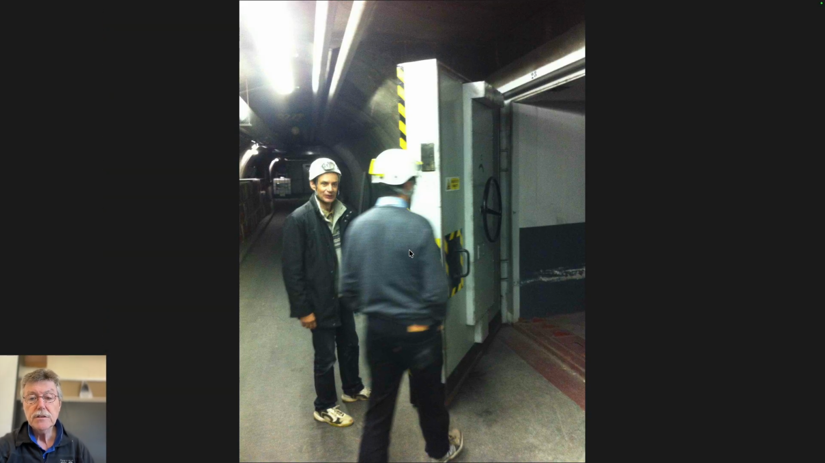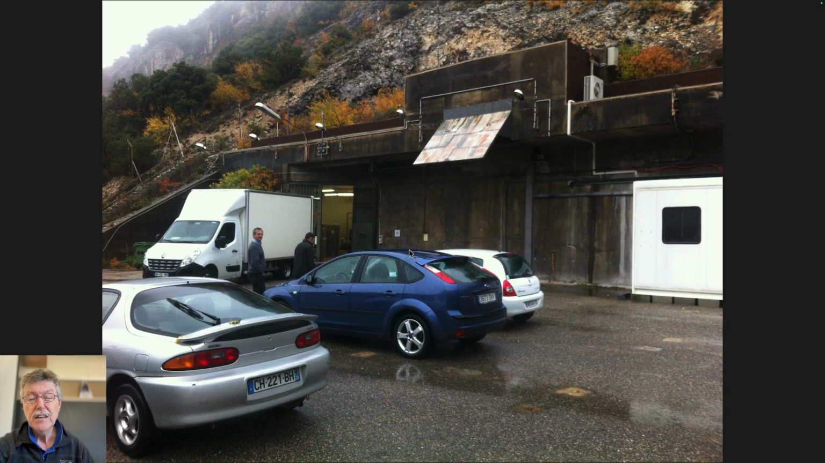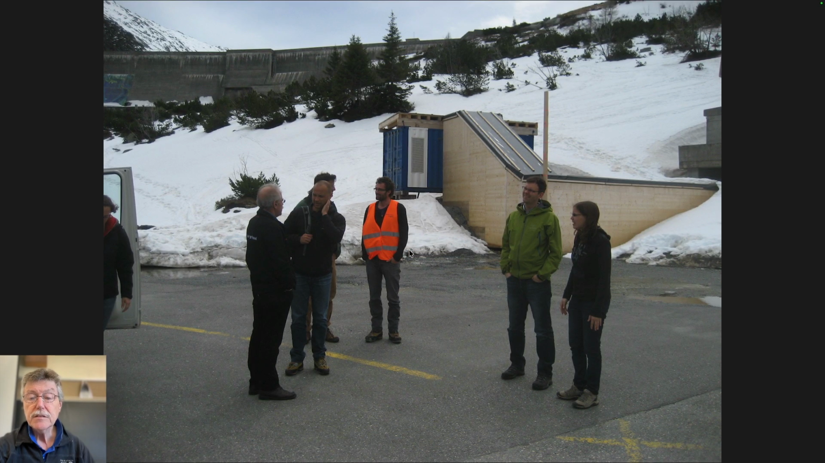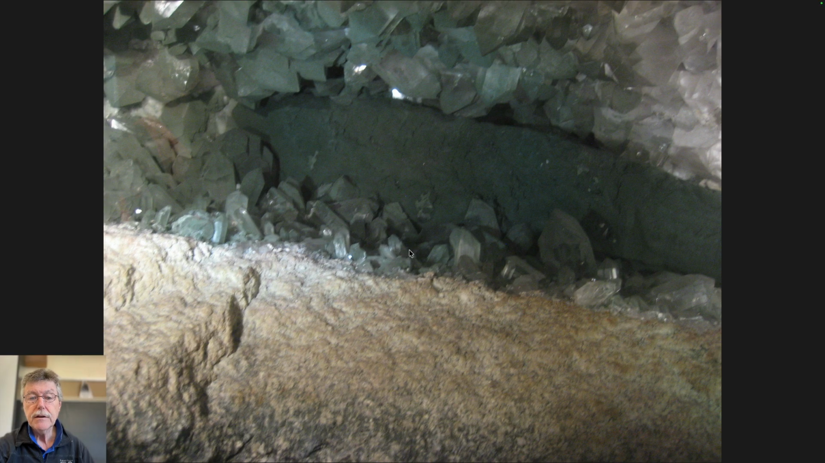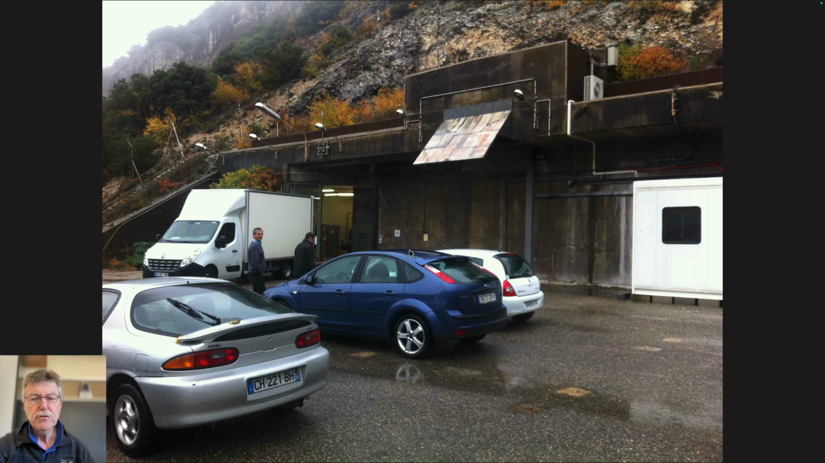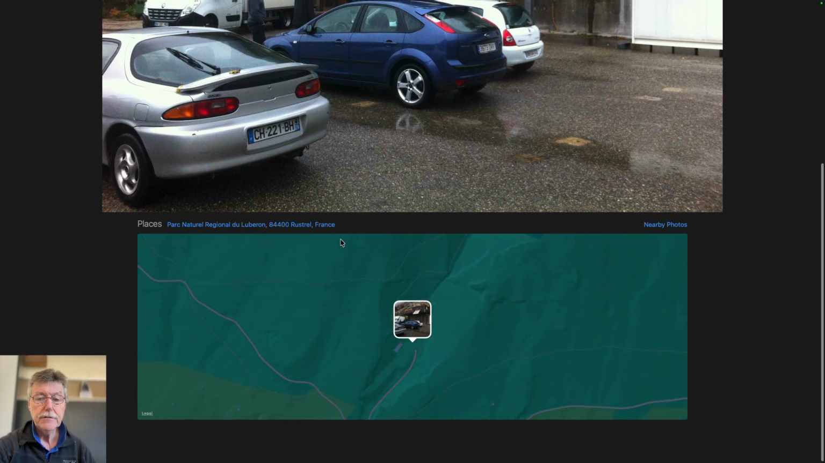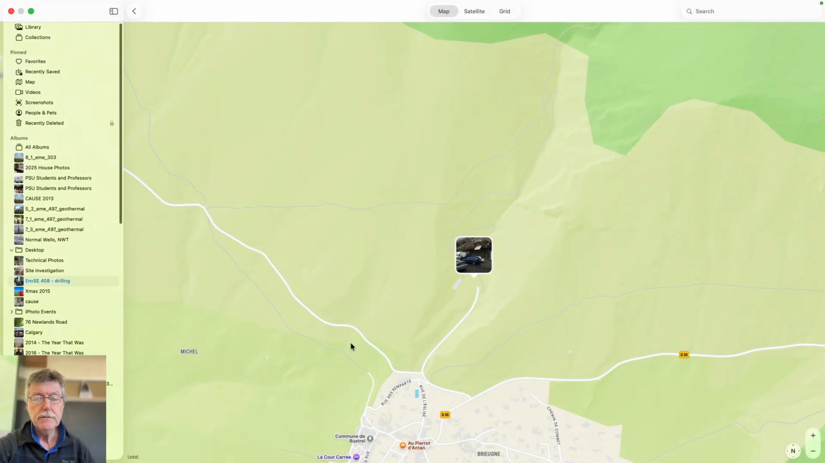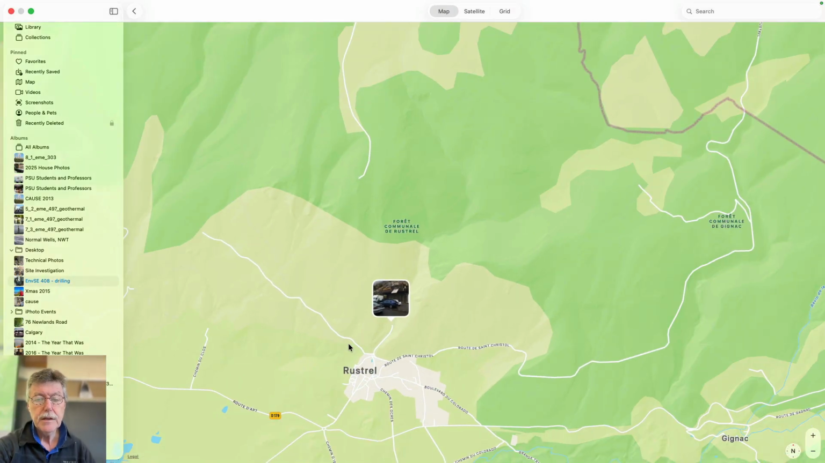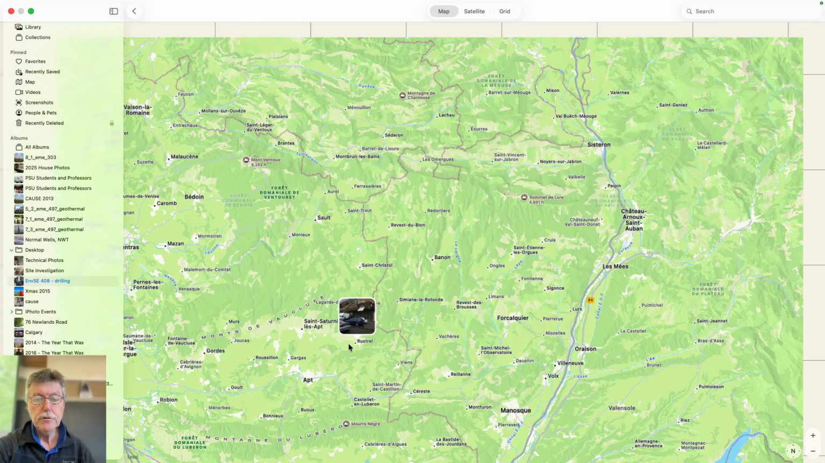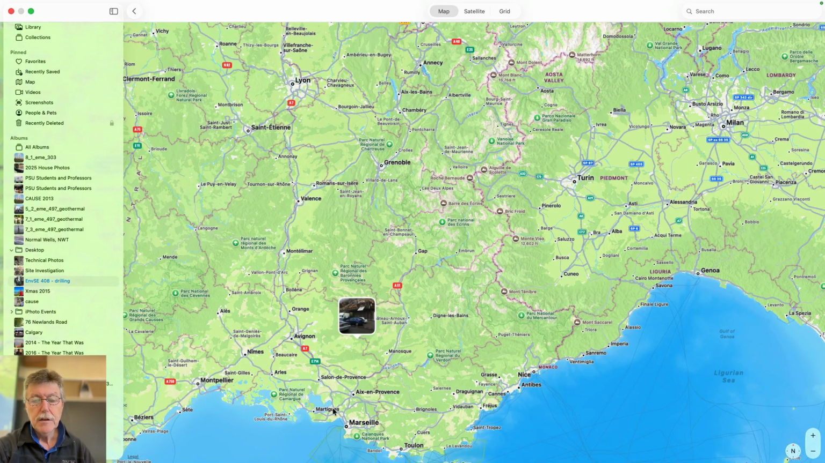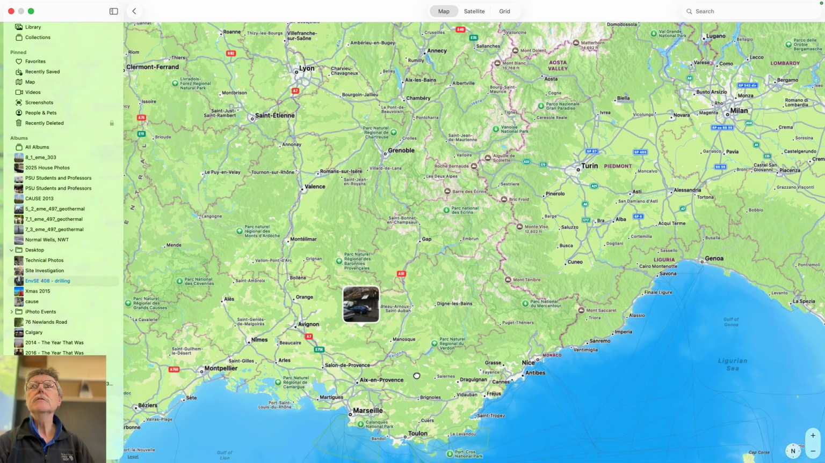I guess the only interesting thing about this location was it was an experimental site for underground science, but it was also a decommissioned French ballistic missile silo base. I don't know if it has, in the southern French Alps. Rustrel is what it's called, LSBB. It's very close to